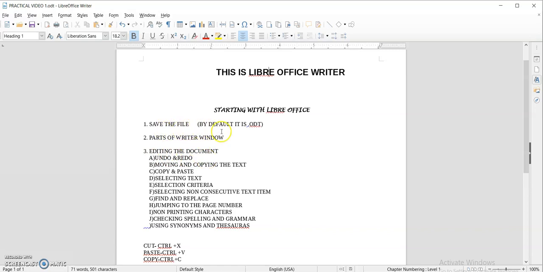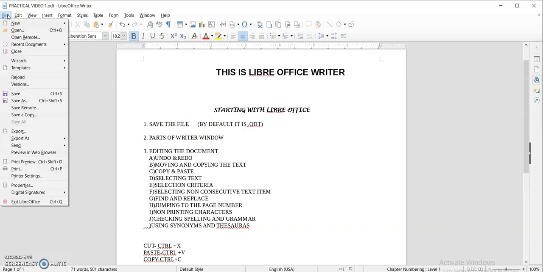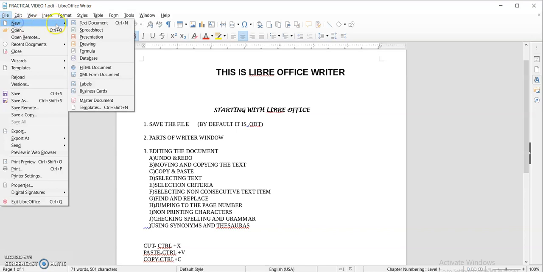First thing is saving the file. If you want to open a new file, it will show you different options. Text document: the shortcut key to open a text document is Ctrl+N. If you want to open a spreadsheet, you can simply click this button.